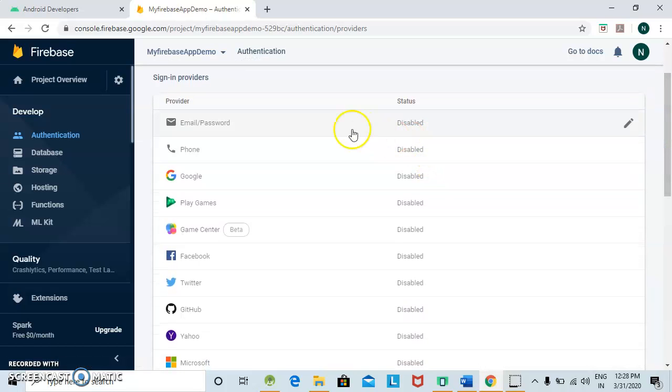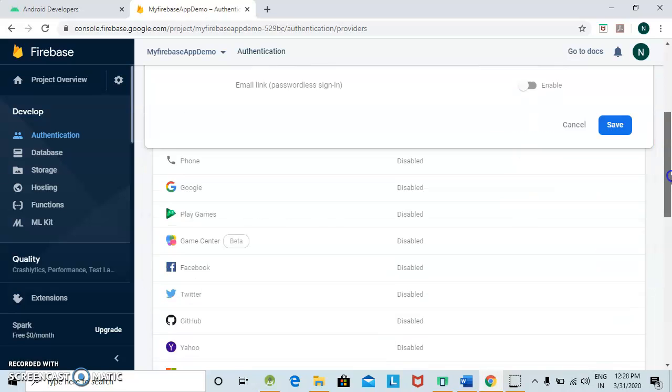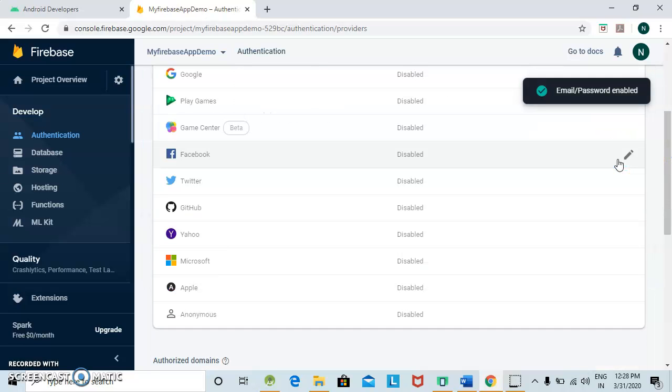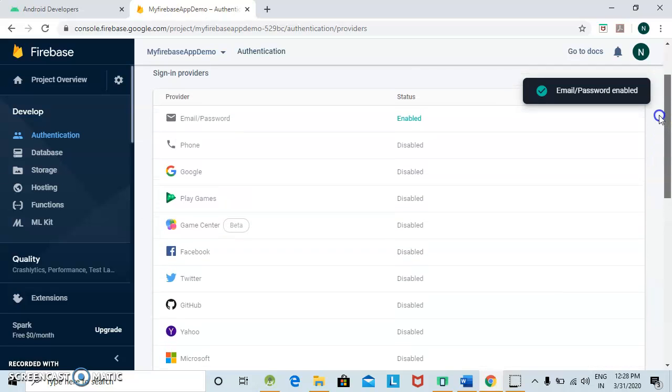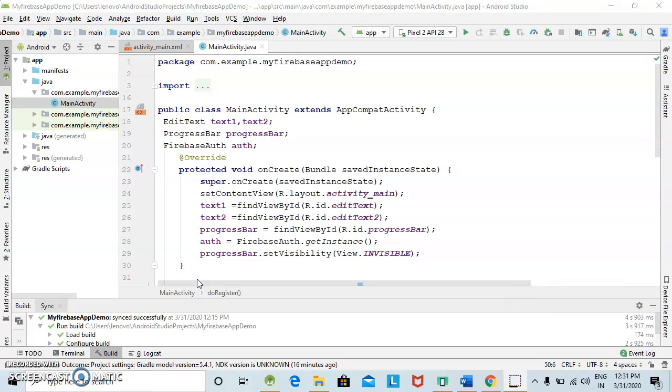We have used the email and password sign-in method, so we will enable this. If you want to create authentication through the phone, in that condition we have to enable this and this. There are so many types of facilities available. Now we have enabled the sign-in method from the backend side.